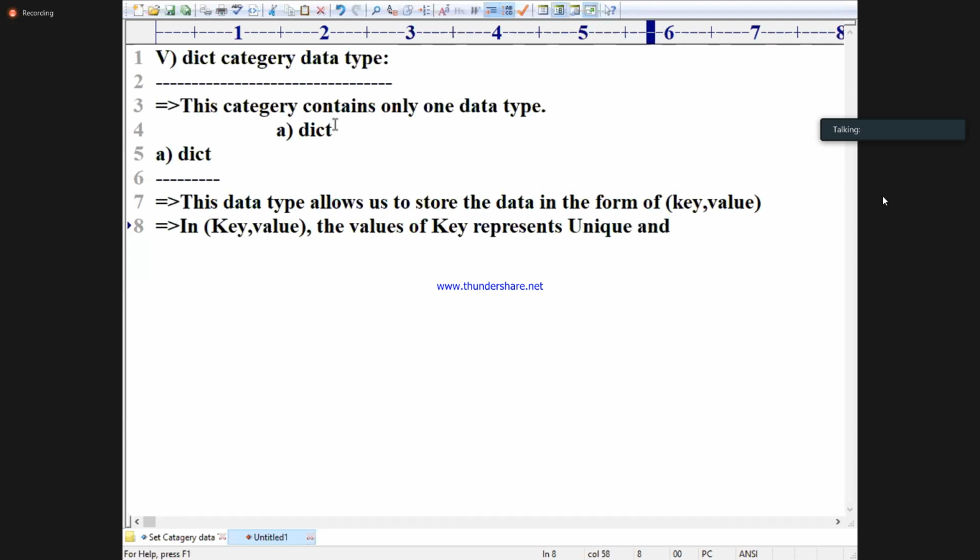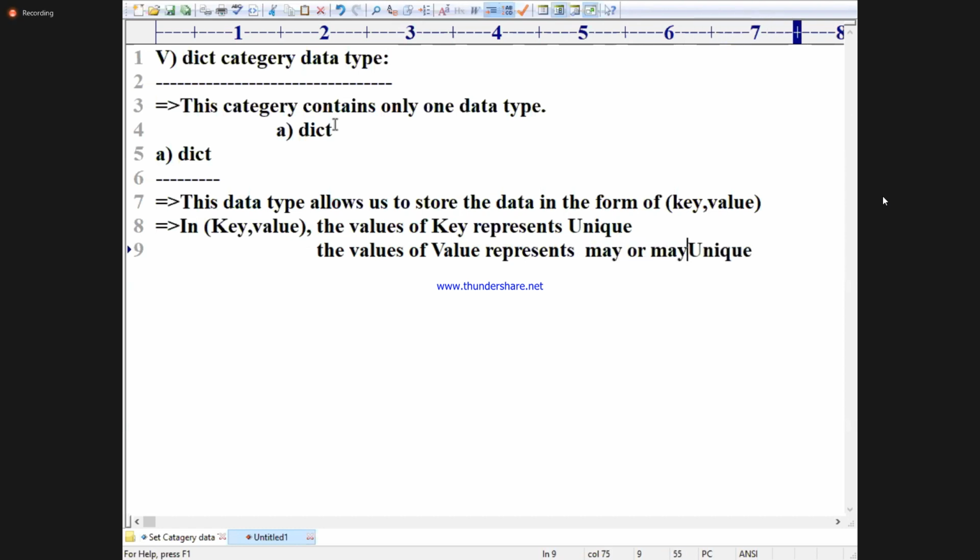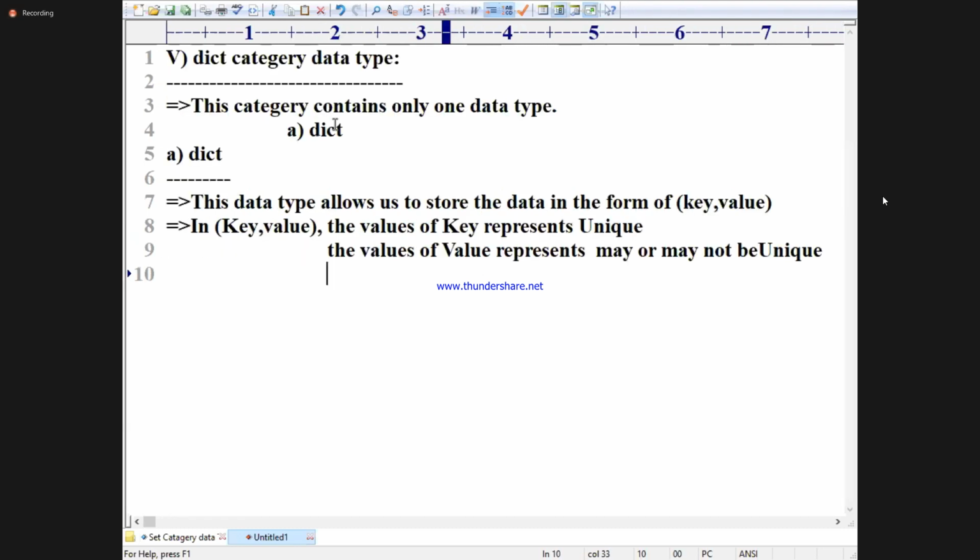And I write the next line: the values of value represent may or may not be unique.